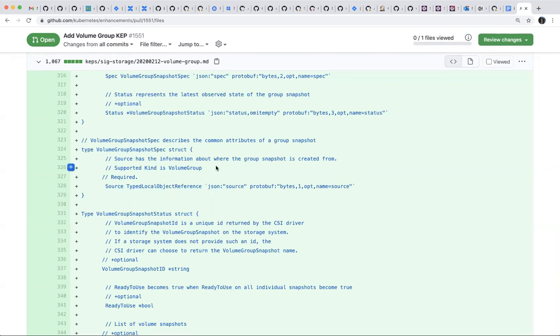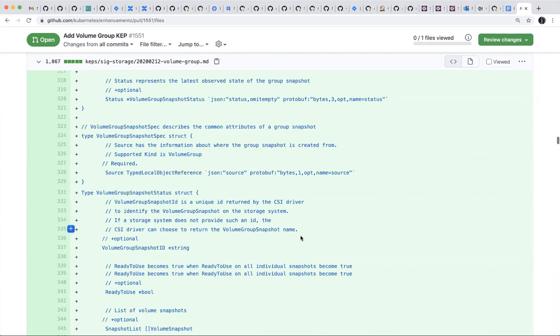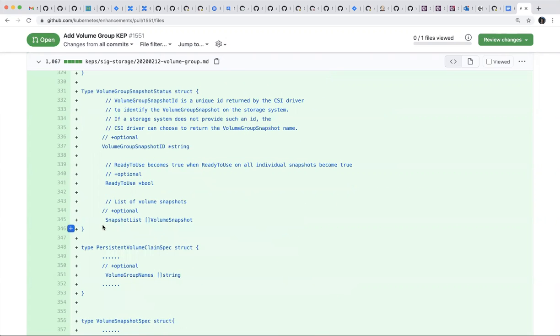No, so you use the group snapshot to create a group from snapshot. That's the reason you want that. But is the group snapshot comprised of lots of little volume snapshots that you can individually access? Yeah, it does. In the group snapshot status, we would have a snapshot list. Okay, so I could restore just one snapshot out of it? Yeah, that's another capability we are trying to add,